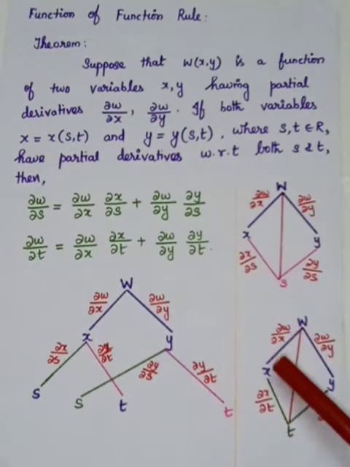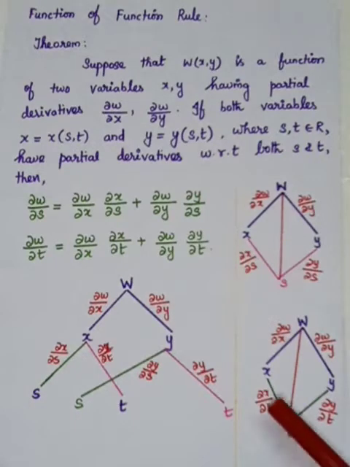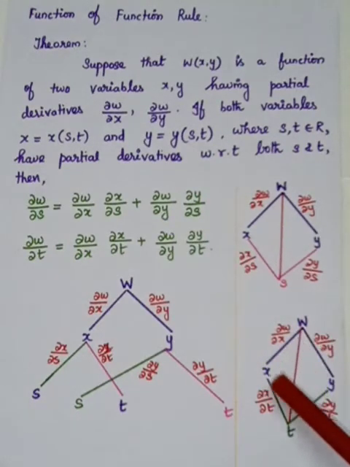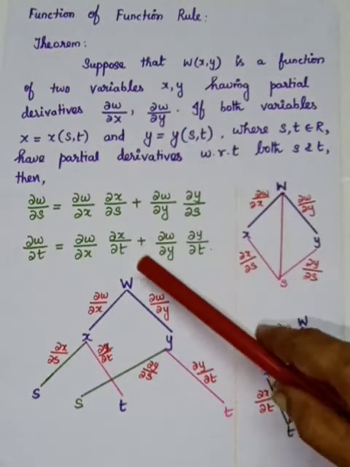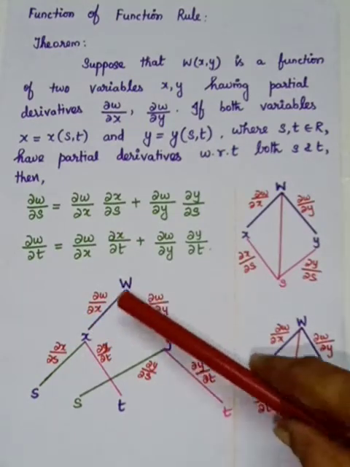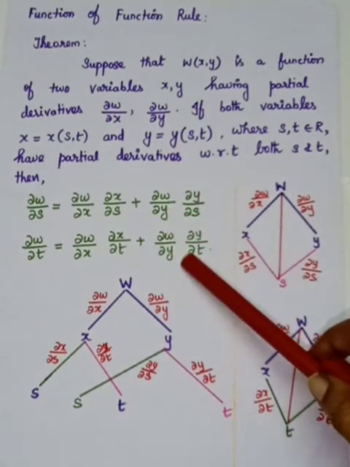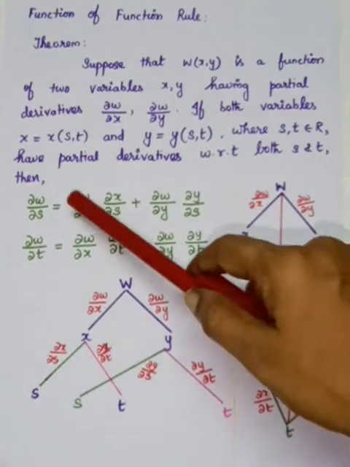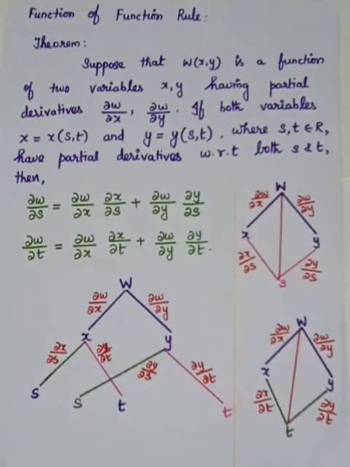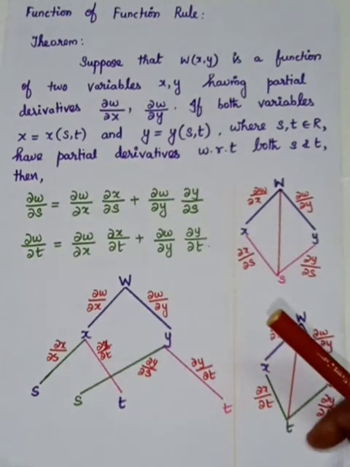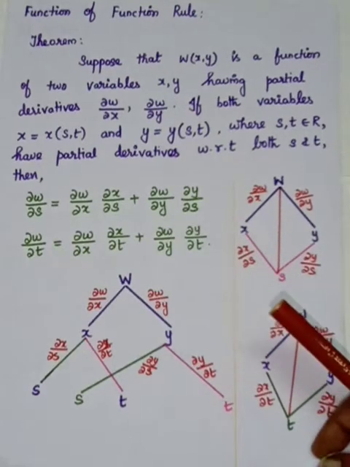The next formula is with respect to t. Here w is a function of x and y, and x and y are functions of t. You can write dou w by dou x into dou x by dou t plus dou w by dou y into dou y by dou t. So when w is a function of x and y, and x and y are functions of two other variables, we have to write the full partial derivatives and we can write two formulas. Using this function rule, we are going to do the problem in the exercise